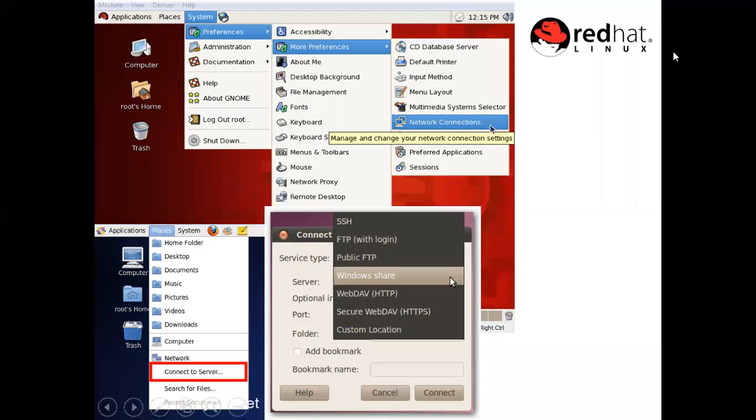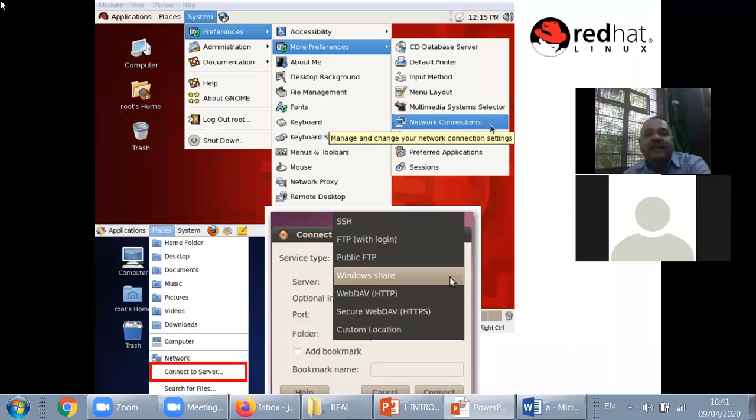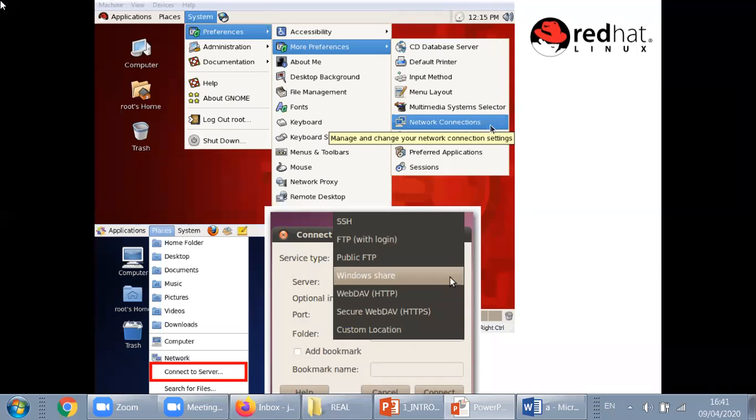The second option which is available in Red Hat is, see this, Applications, Places, Connect to Server, and these are the different options. Windows Share. Click it, enter the IP address, and immediately you can communicate on this network with the help of this Red Hat Linux operating system. Please keep this in your mind. So this is about Linux Red Hat. Now, if you go